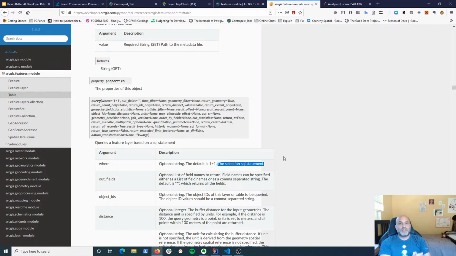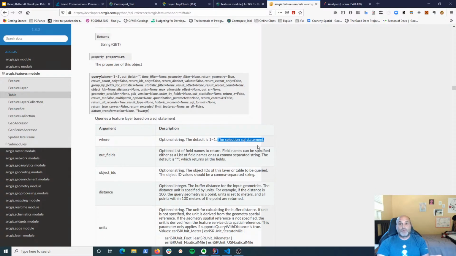So this is a problem. And this is a problem for a lot of developer sites. You have some sort of query language, and you say it's like SQL. It's not actually SQL. It's very SQL-like, but it's not exactly SQL. And you don't have a reference on what your query language looks like, and you don't link to it right here. So I was like, great, the selection SQL statement. Well, how do I know how to write a timestamp? Should I just write where, and this certain field is equal to, and how do I denote fields? Do I just do it like SQL? And it turns out it's not really SQL.